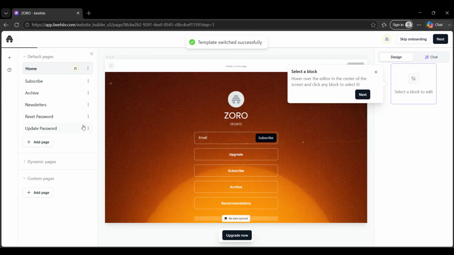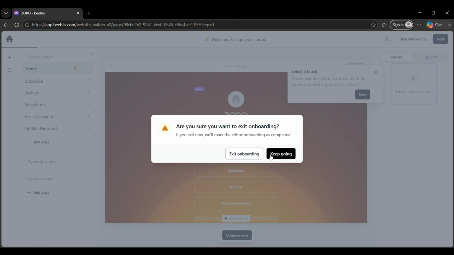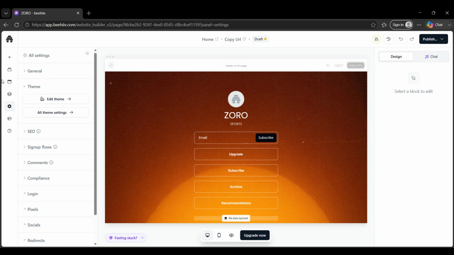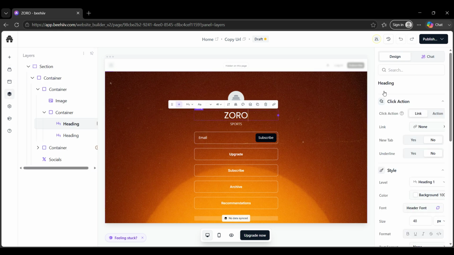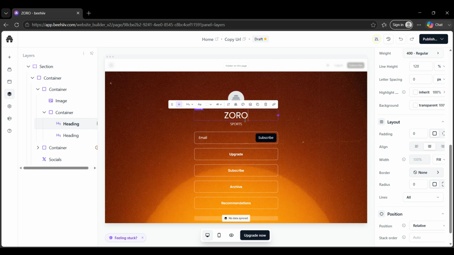Now move to the center canvas. This is where you'll visually edit your website. The center canvas shows your page in a live layout, which makes it easier to see exactly how your site will look to visitors. You can click directly into elements on the page and start adjusting your content without needing to deal with complicated code. This is one of the biggest advantages of using Beehiiv's builder, because it gives you a simple drag and edit